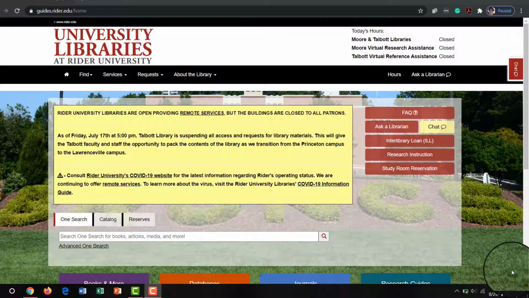I'm a librarian at Rider, and I'm going to introduce you to the research steps that you need to take for Education 500. First, we're at the library website,